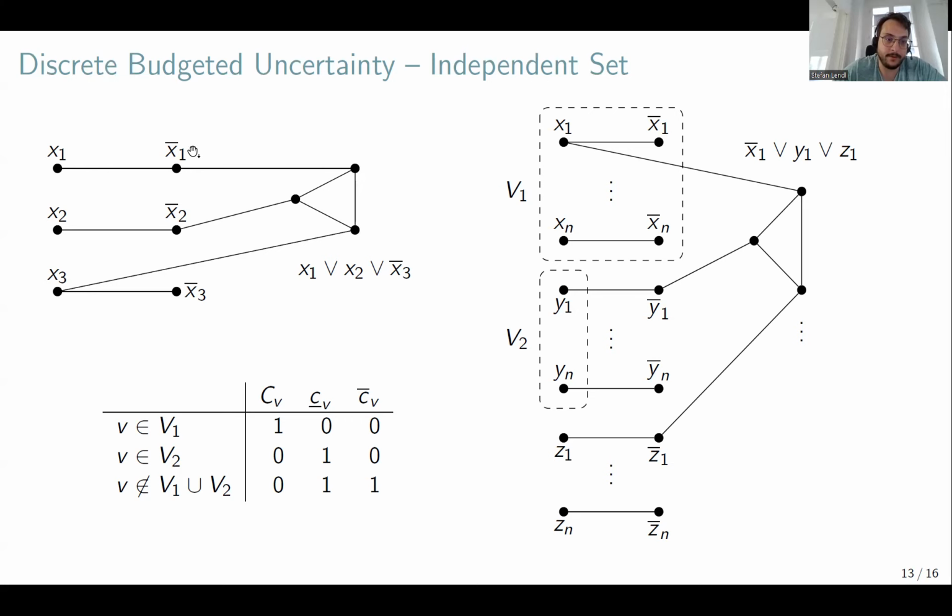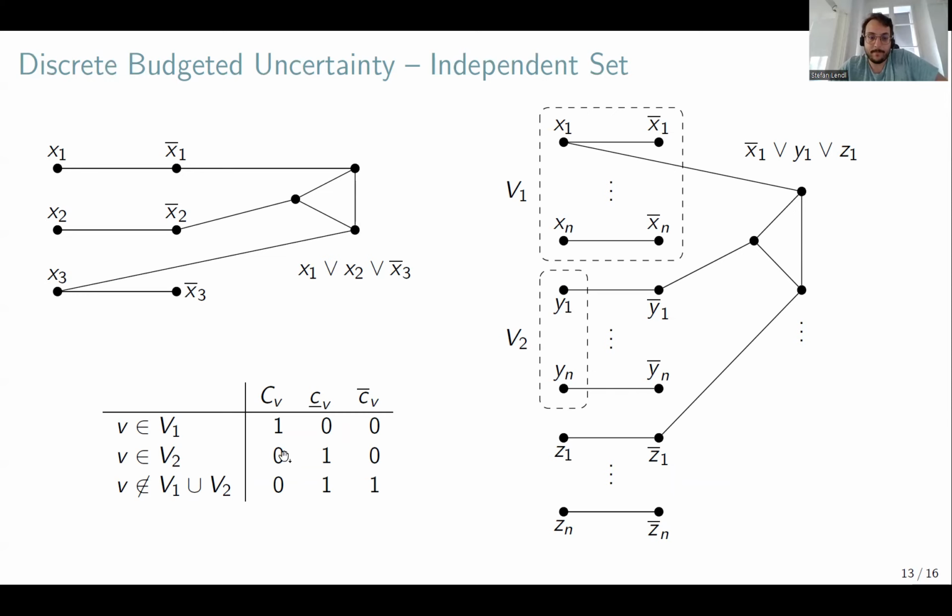So for every variable here, you have an edge, and then you connect this literal to the other literal if x1 appears. So x1 appears, so we connect not x1. And then basically you want to find a larger independent set. So if you choose x1 here, then this clause can be satisfied because you can then take this vertex. If x1 would be false, you cannot take that vertex. And then this is the standard reduction,